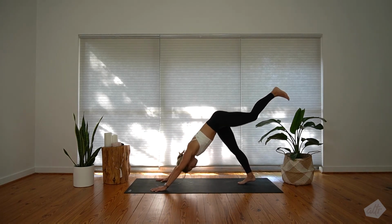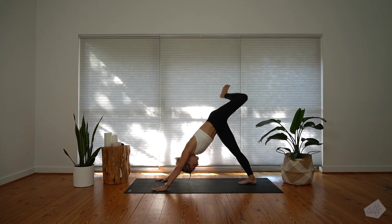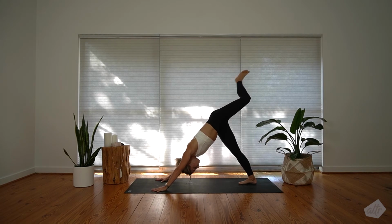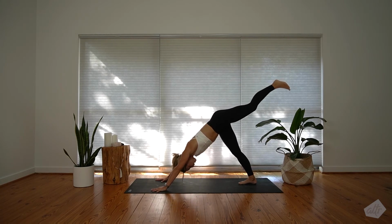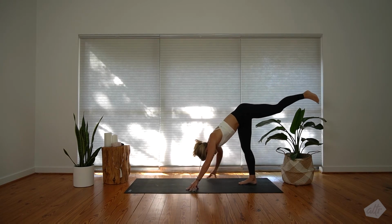Left leg will kick up and back behind you. You can bend your knees, stack your hip. Let this feel good for the hip joint. Then eventually straighten out your left leg, standing split at the back of your mat. Walk your hands towards your right foot